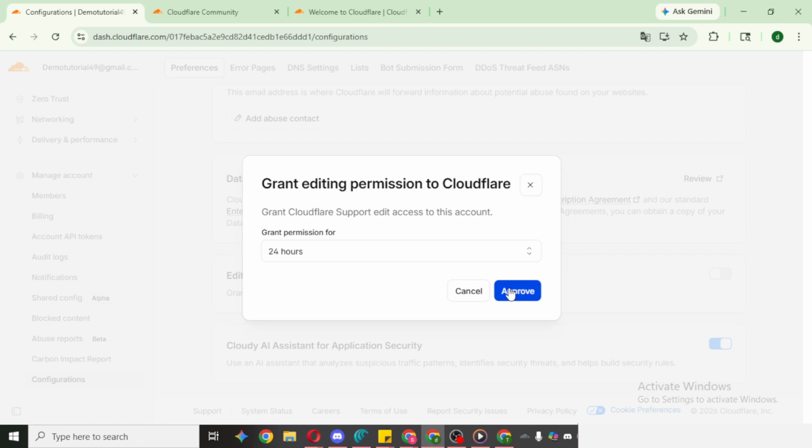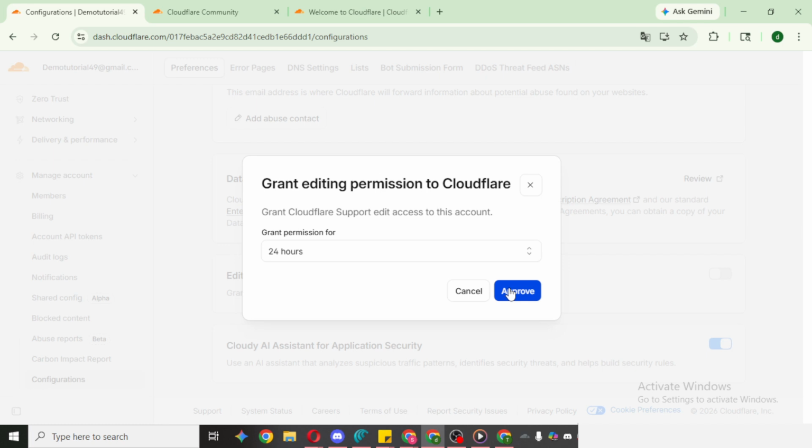A few tips as you finish up. If you don't see the editing permission toggle, you may not have the right role on the account, or you might be viewing a different account than you intended. Switch accounts if necessary, or check with an administrator to confirm your access. It's also helpful to communicate the exact time window to your team so they can complete their edits before the access ends. Finally, when the task is done, verify that everything looks correct and note the expiration time so you're aware when the elevated access will close.